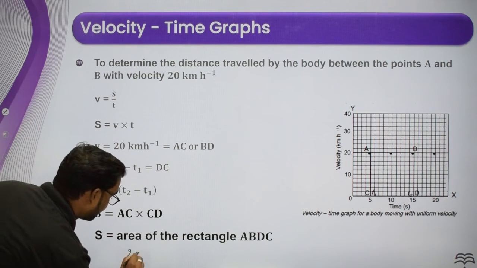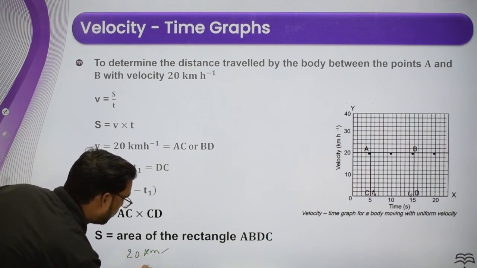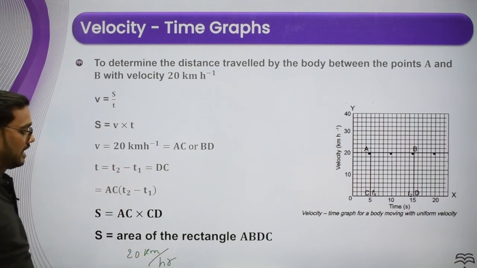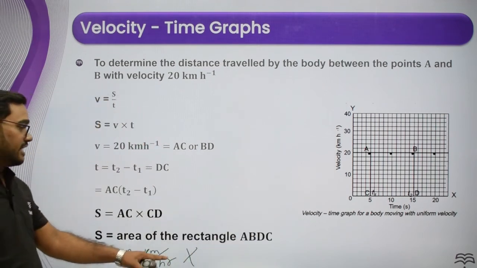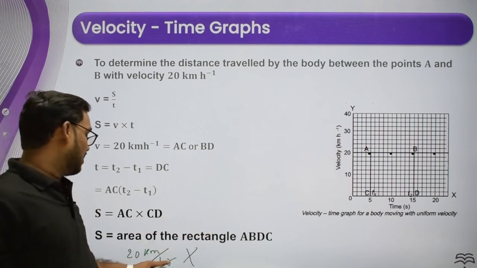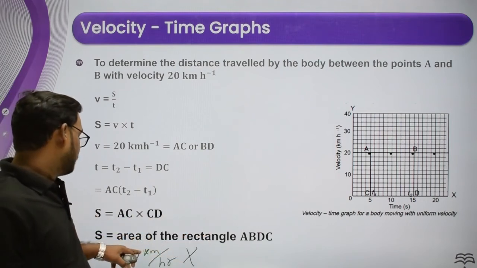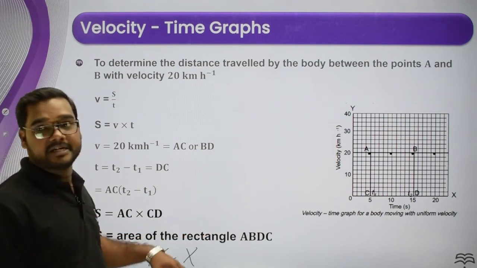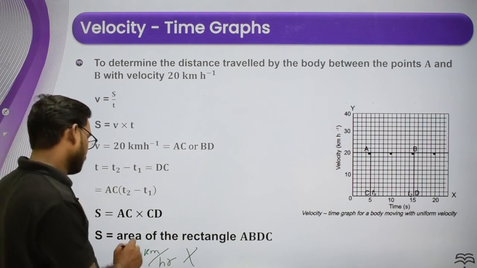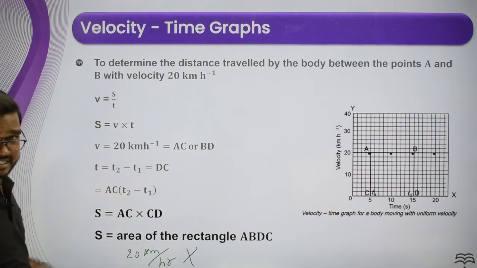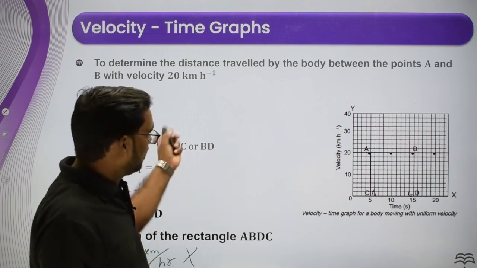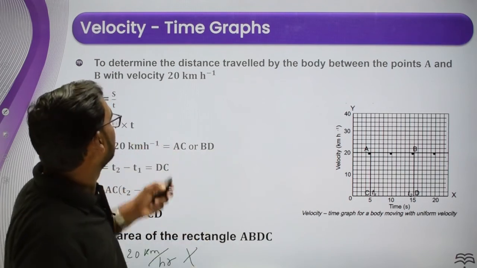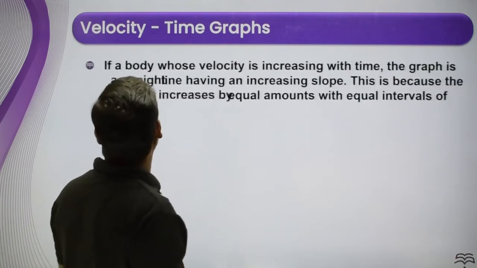This is the 20 kilometer per hour. Okay. If you are multiplying with time, or this is in seconds, so how to multiply? First you need to calculate either seconds in hour or hours in seconds, or calculate kilometers in meters. You will get the answer. Okay. So no need to discuss here, because we are not going to calculate the value here. I will calculate later when we do the numerical. Okay. So move to here.